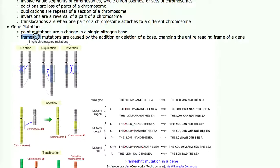Frameshift mutations are worse. If a frameshift mutation occurs, usually it wipes out the gene. What a frameshift mutation is, is one of the nucleotides gets lost. And so the whole gene gets shorter. And that shifts the reading frame. The codons are read every 3 nucleotides. If you pull out one